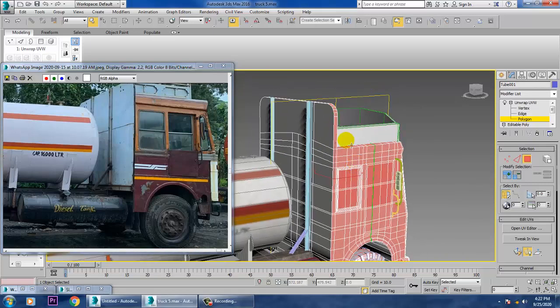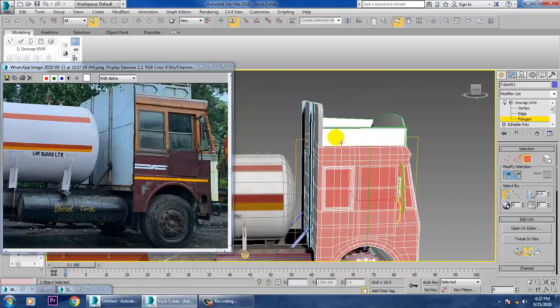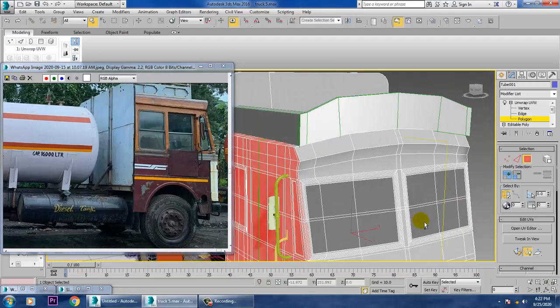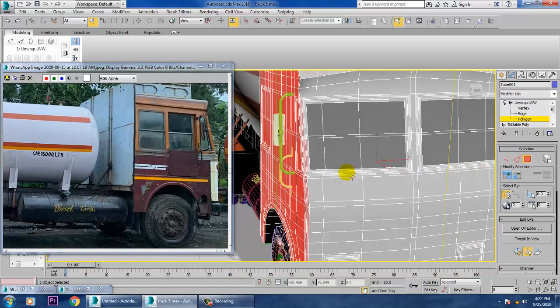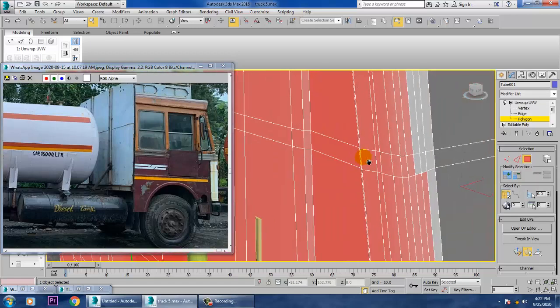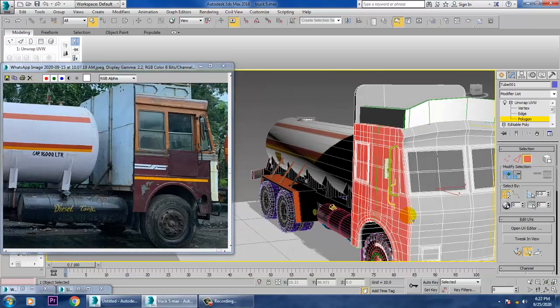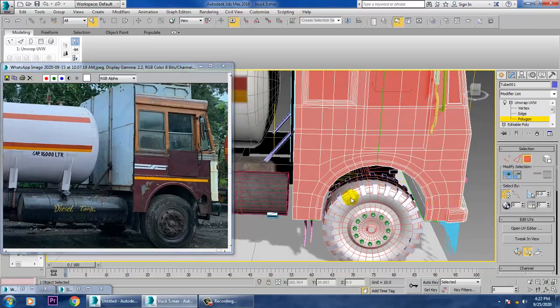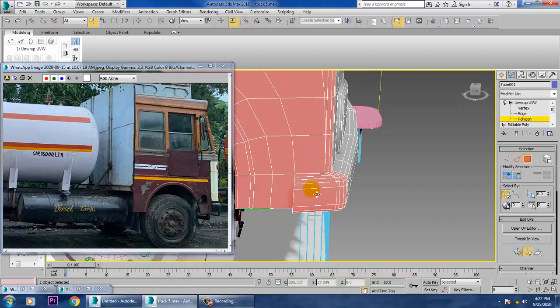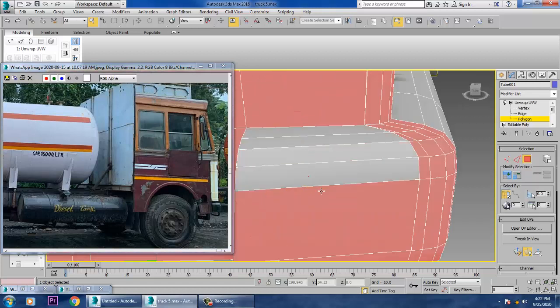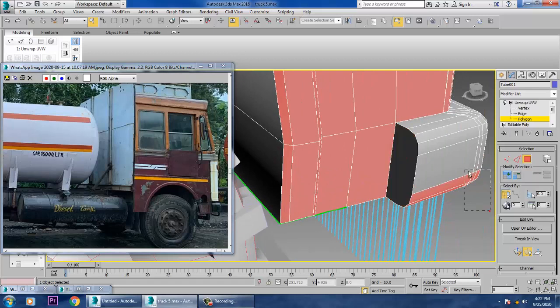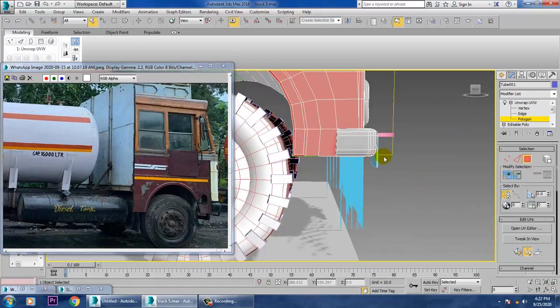After that, again exclude this area over here. So we'll be just selecting this much of the area over here in this side over here. So just subtract this all over here. And also most important thing over here is like this part will be in a different part, so we'll be just excluding this also. So we don't require this for now, so do exclude this area over here.